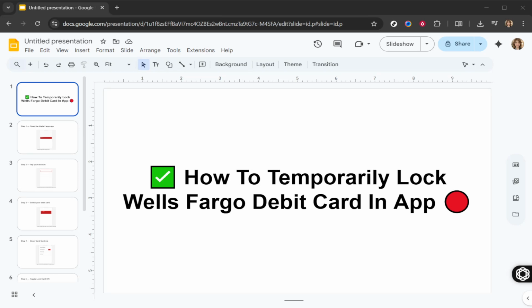In today's video, I'm going to teach you how to temporarily lock your Wells Fargo debit card using the Wells Fargo app. This process can be a lifesaver when you need to quickly protect your funds, whether you've misplaced your card, suspect fraudulent activity, or simply want to prevent unauthorized use. Locking your debit card is a straightforward and effective way to secure your account until you're ready to unlock it